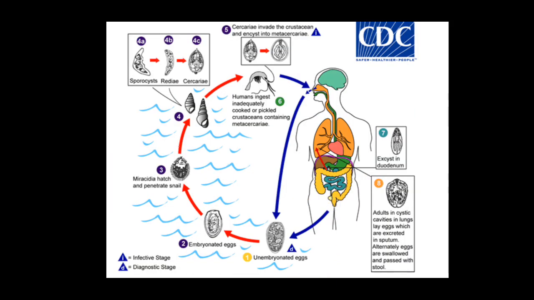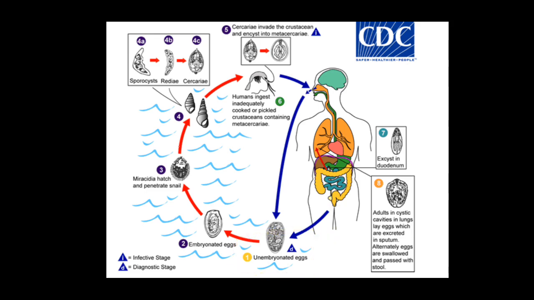As you can see there, D is for diagnosis. You can see here in this legend, D is for diagnostic stage. So we see the eggs in the stool or in the sputum and we diagnose the case. Right? That is the meaning of this letter D. So this is stage 1,